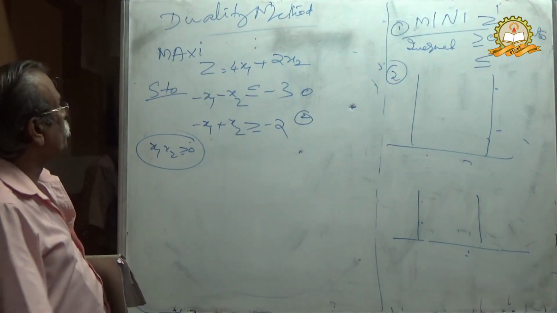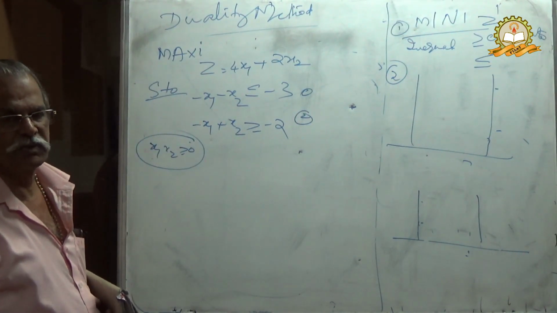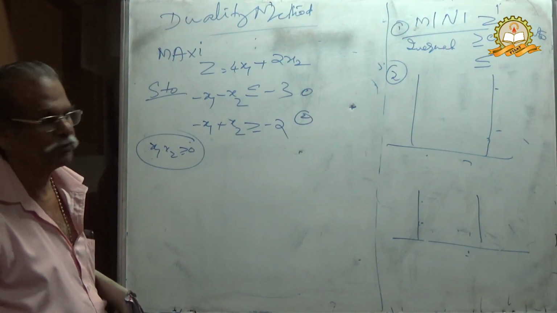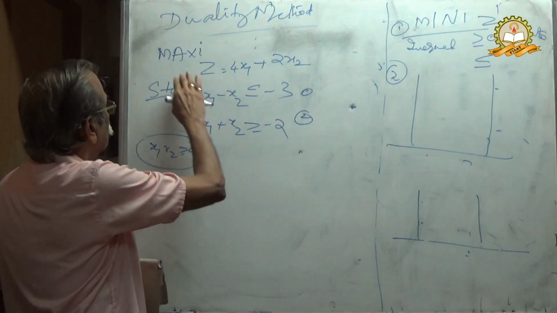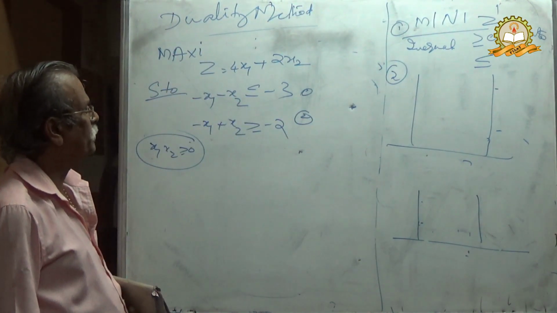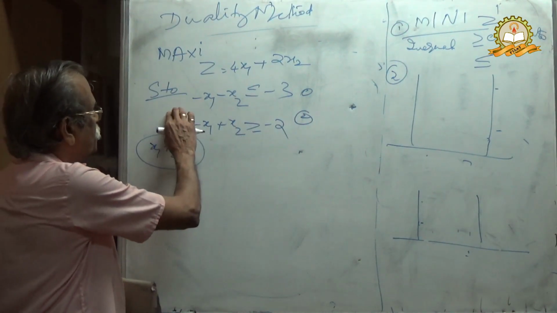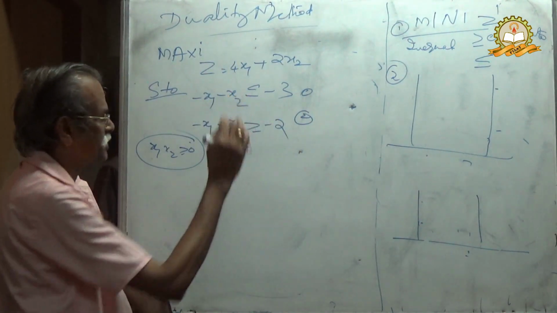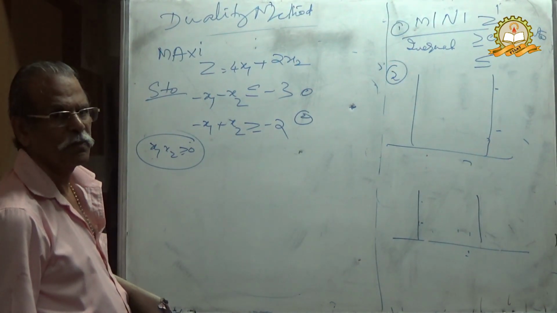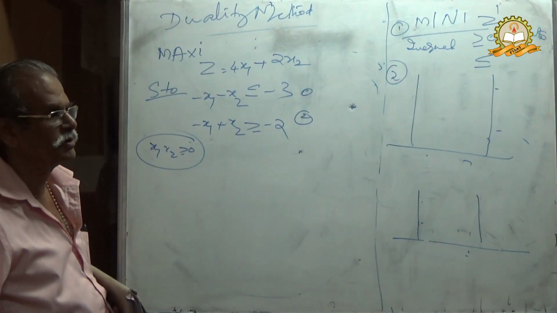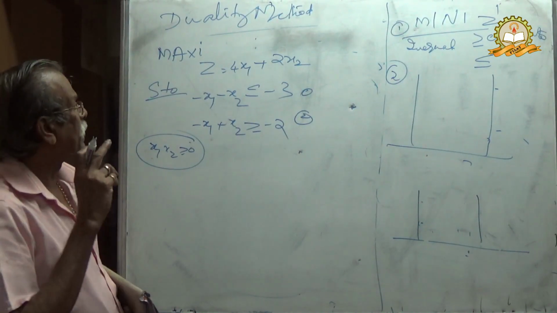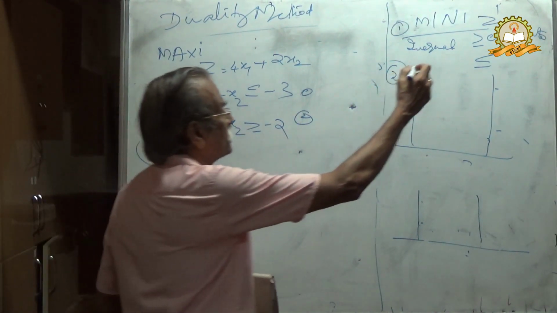Here the given question is maximized, therefore you cut away all the things we have done now under this problem. Duality method. Given question is maximize z equal to 4x1 plus 2x2, subject to constraints. Here there is a small change in the calculation, please. Therefore, procedure 1, maximization changes into minimization.